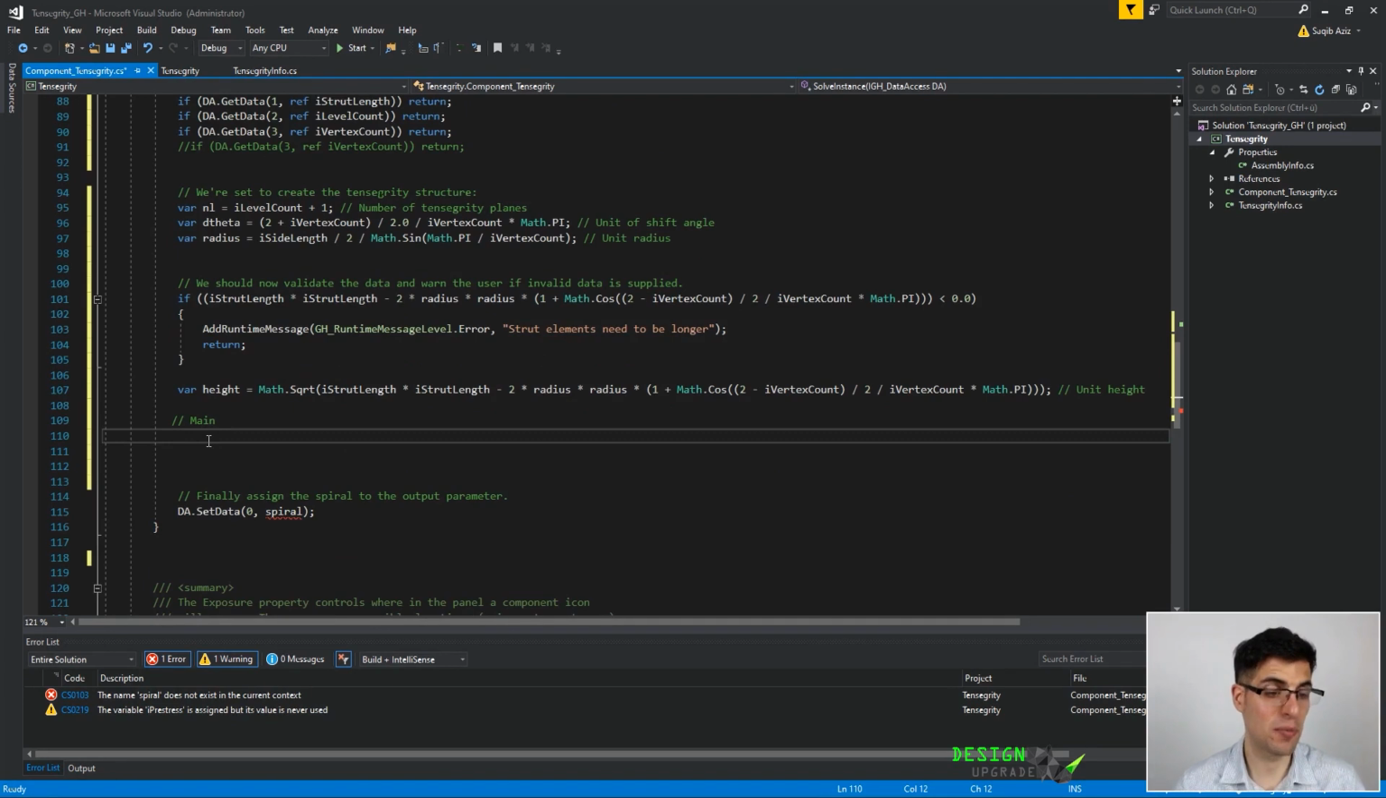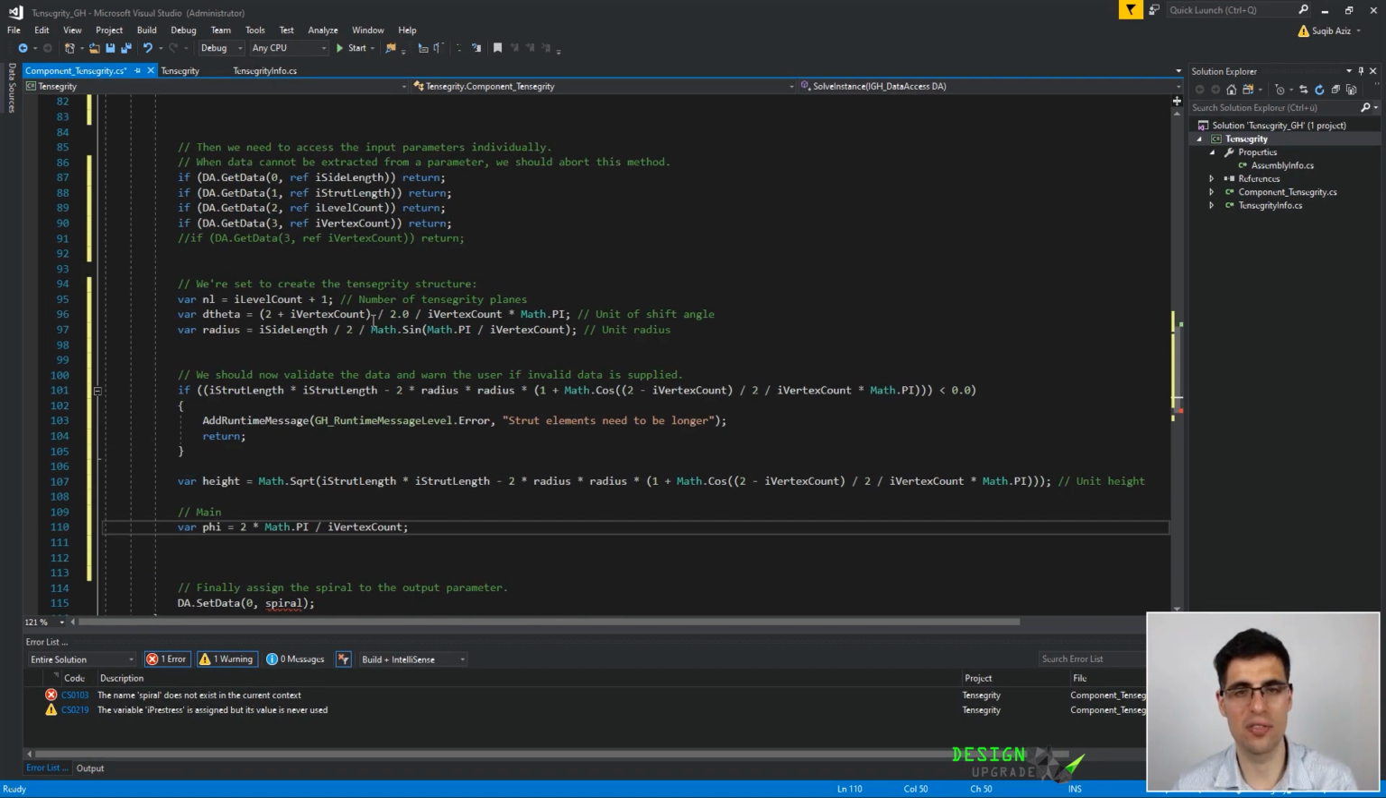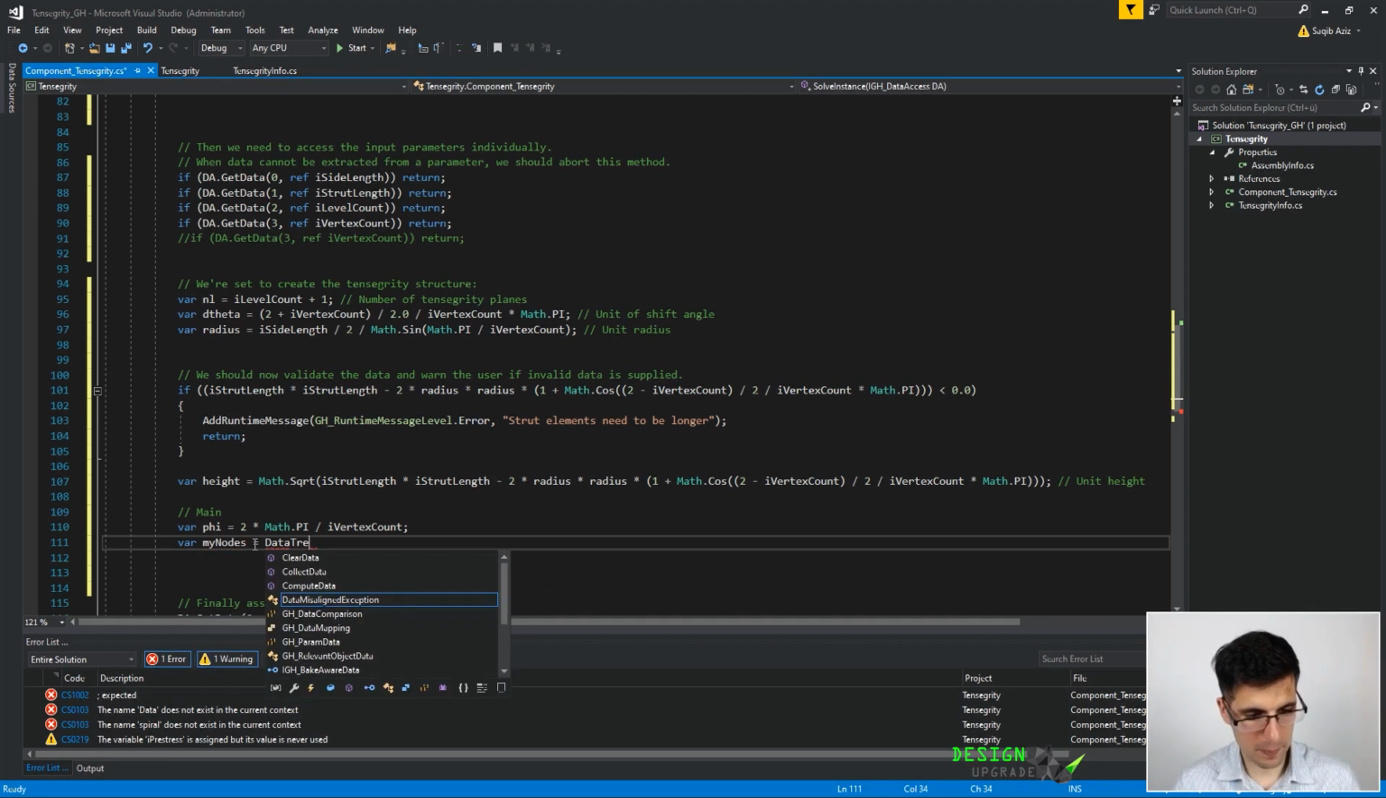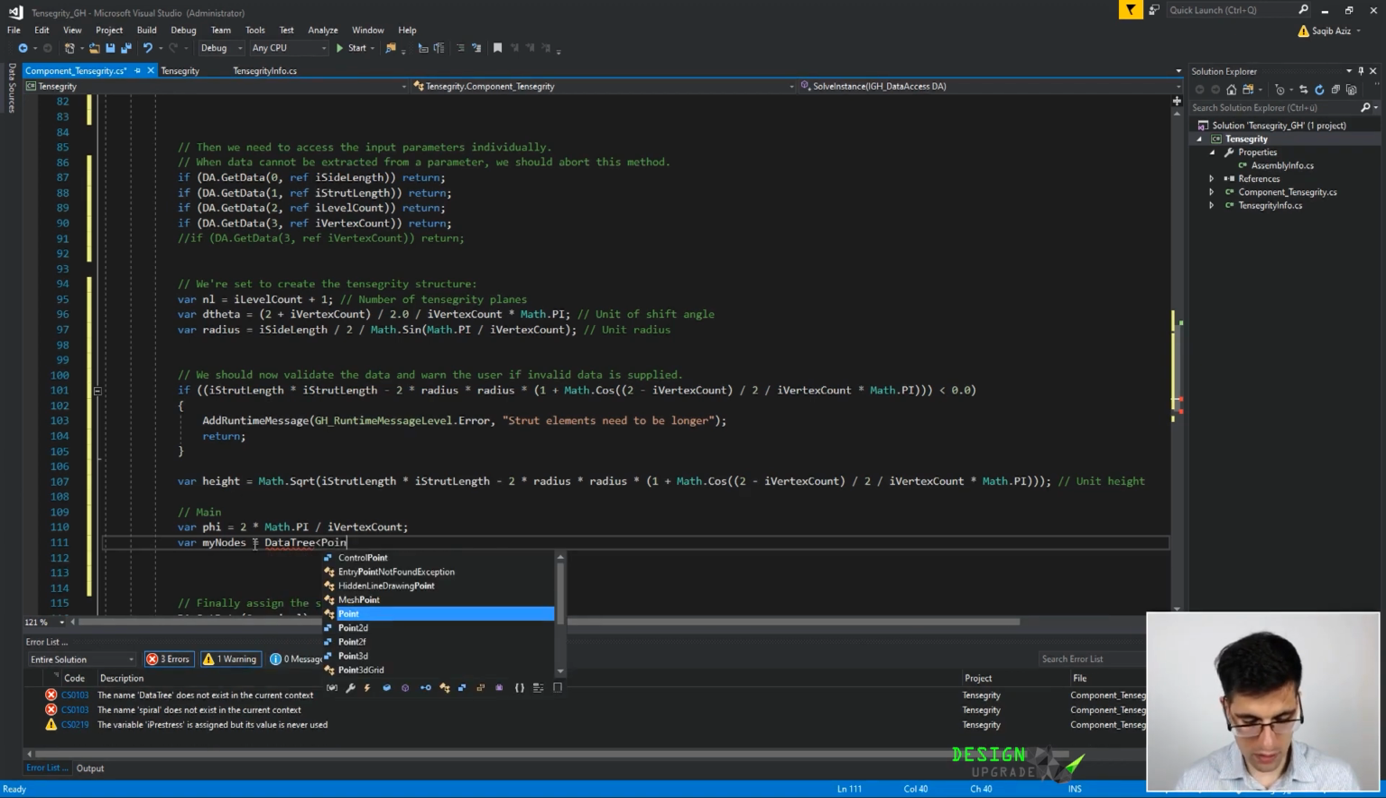So basically, this is the subroutine that we want to write. So first, we still need to define this phi angle, which is key for the definition of our tensegrity, as we already explained. And now we are ready to define the nodes of our tensegrity as point objects, so that the output elements or output parameters are defined by just connecting those nodes. So we are going to define those nodes not as a list but as a tree of point objects. So this is a data tree of point 3D